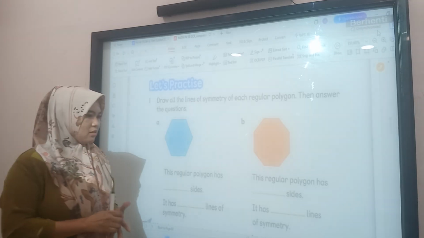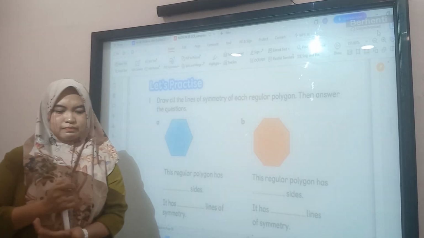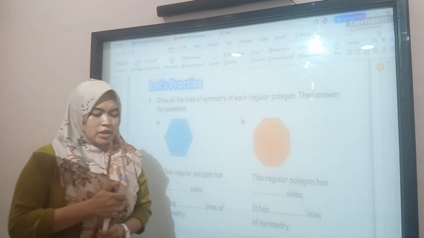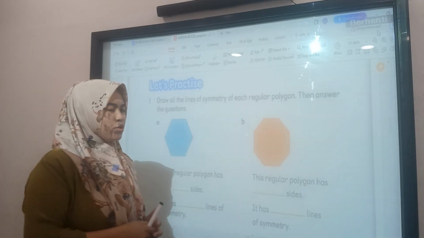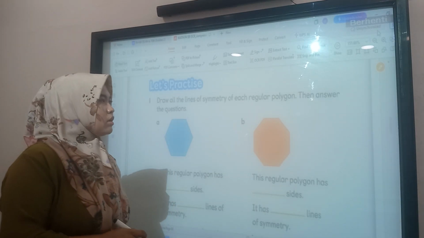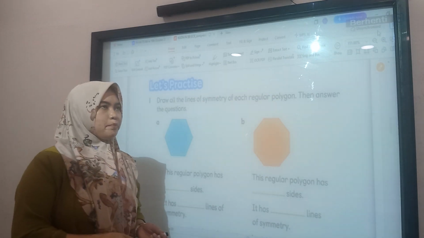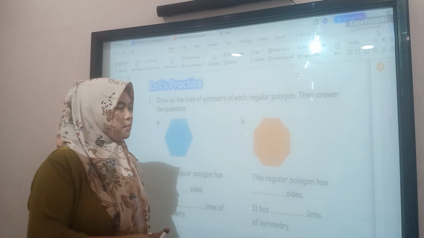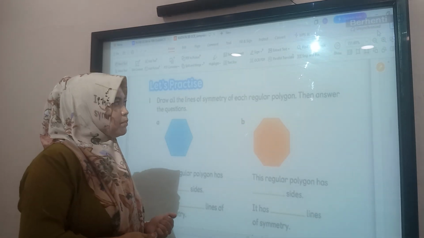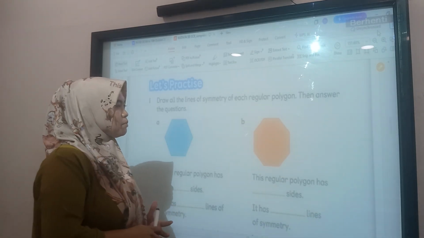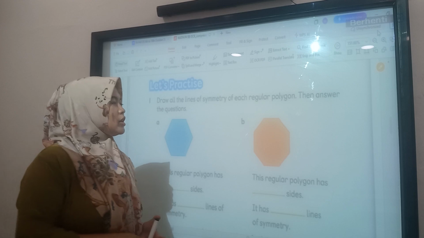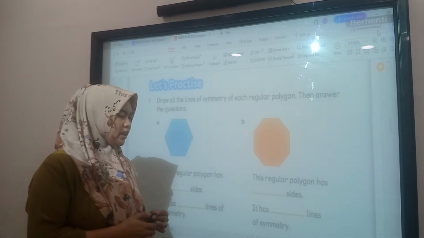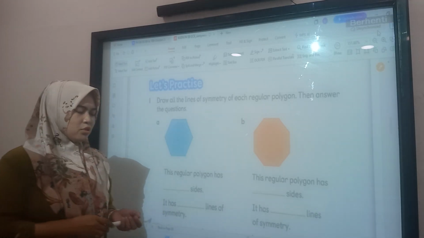Okay. Pola gambar. Now we move to math. We have reflection here. Reflection is a mirror image showing a shape flipped across a line. Reflection happens when a shape looks like it's flipped in a mirror. For example, the letter A reflected across a line looks the same on both sides.